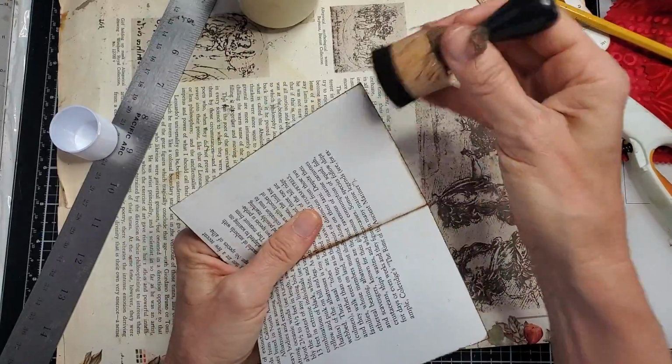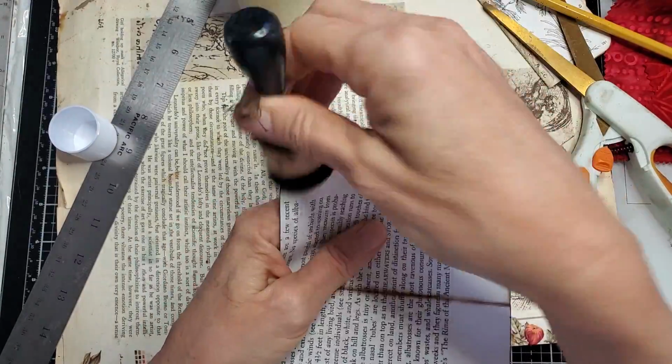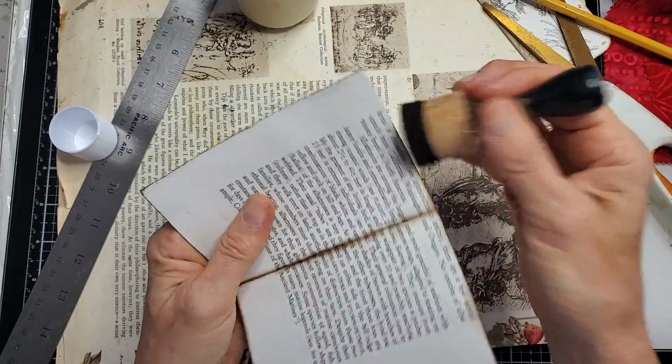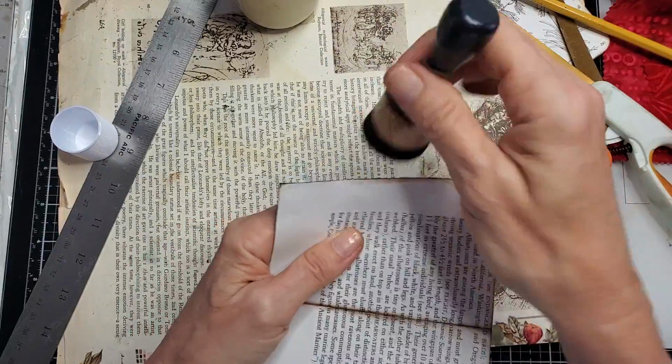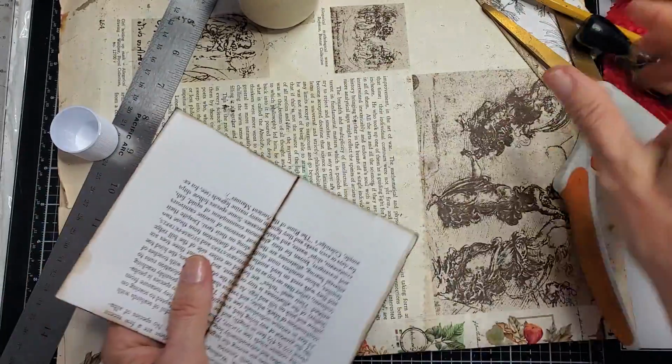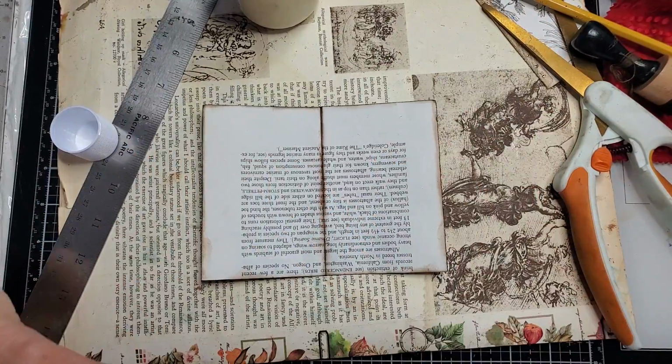Now, because of the way we fold the paper, your inside is going to be upside down. So if that totally upsets your apple cart and you can't stand it, then cover it up with something, and that would be awesome. Like today, we're going to cover it up with,